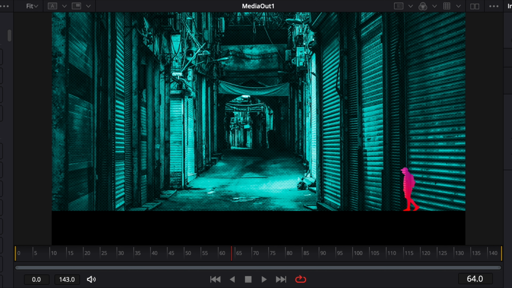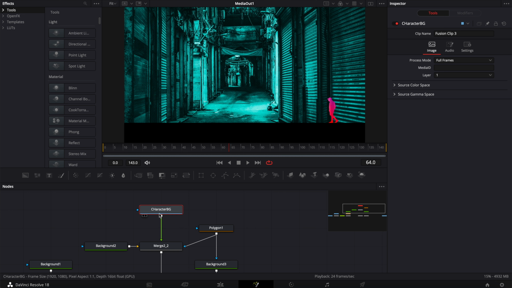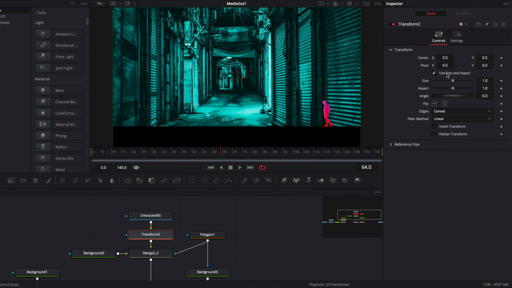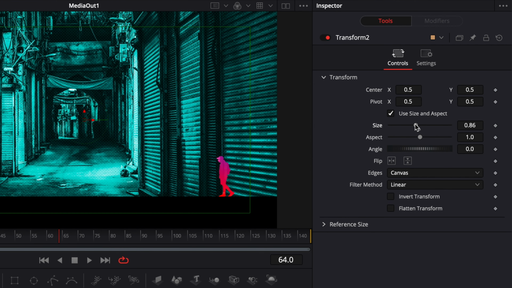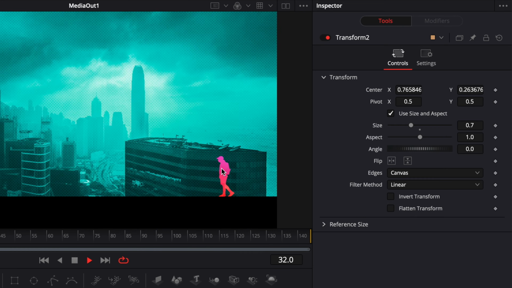So we could change that in two ways. The first one will be to offset, so it's not the exact same footage here on the character. So we could just delay the timing or make a completely new sequence for the character. That will be a possibility, but right now I'm just gonna go with something a bit more simple by bringing here a new transform. So I'm gonna select my character background, hit shift space on the keyboard, bring a new transform, and then here we're just gonna reduce the size of the footage just to make it a bit more different, and then just displace it so it's just another spot that is affected rather than having a similar spot in the corner. And if we play it, the pattern is a bit more different in my opinion.